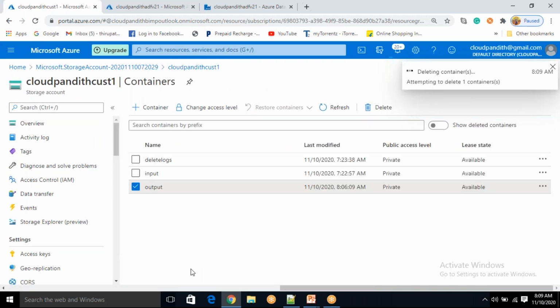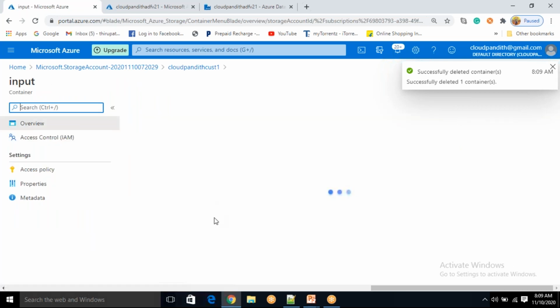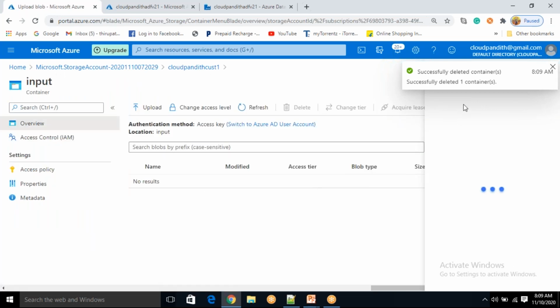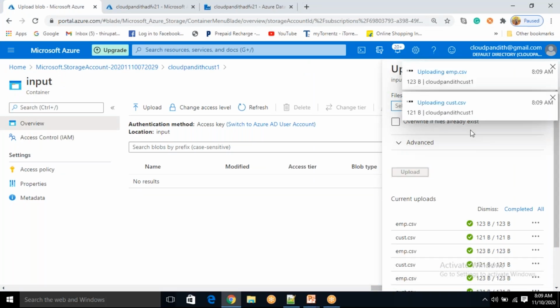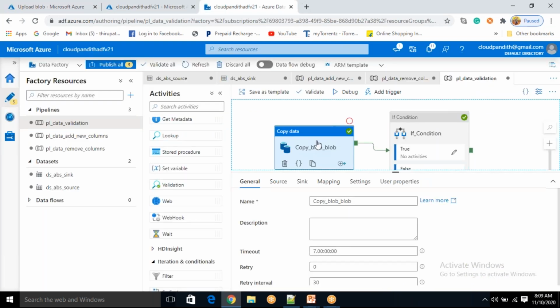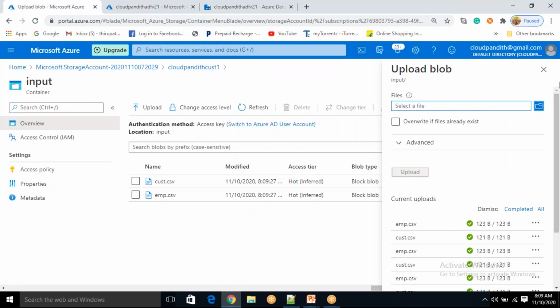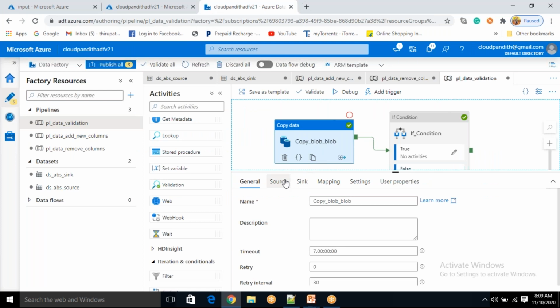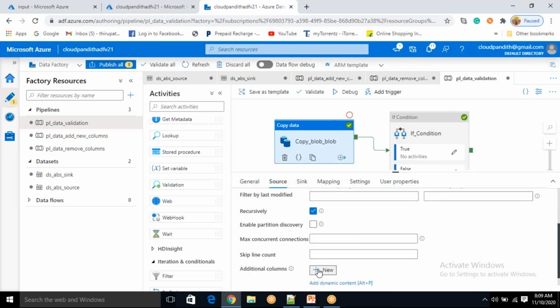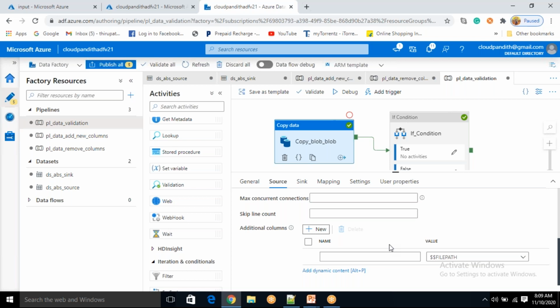Okay, let's delete this. Just go inside input. As we know, this got deleted. I will upload these two files. I want to add columns to these two files. Please be on mute. So these are the two files I uploaded in my input container. To these two files, I want to add new columns while loading into the output container. Simple thing we already have seen. You need not create multiple pipelines for that. For you to understand clearly, I explained one by one, but in this pipeline itself you can implement everything.